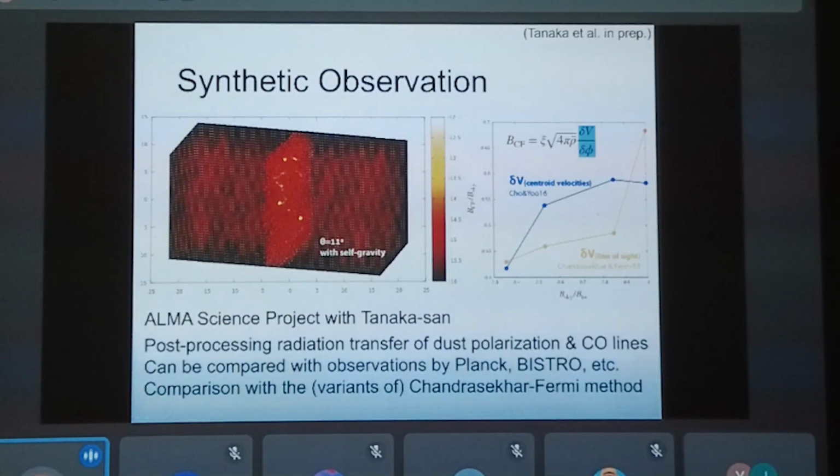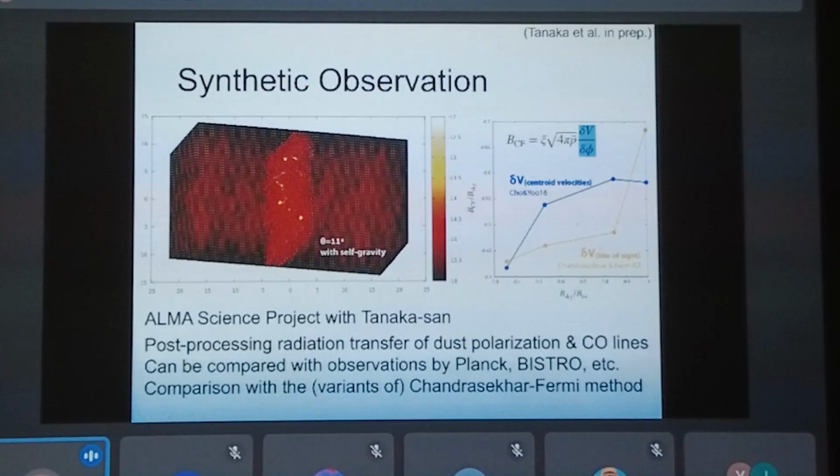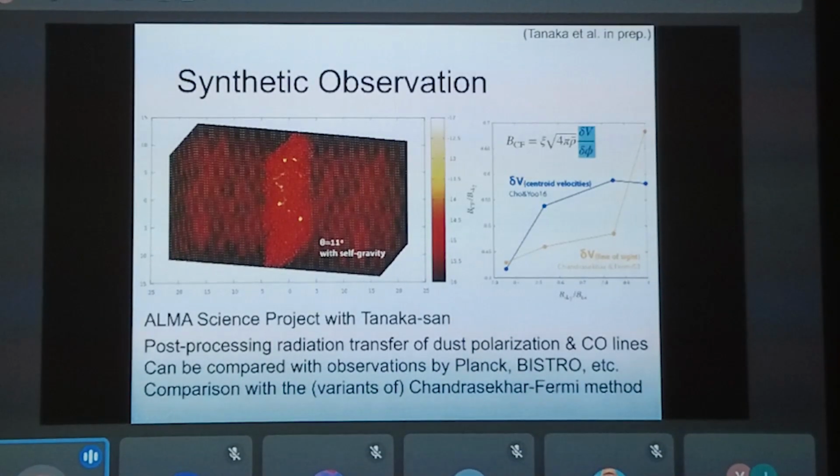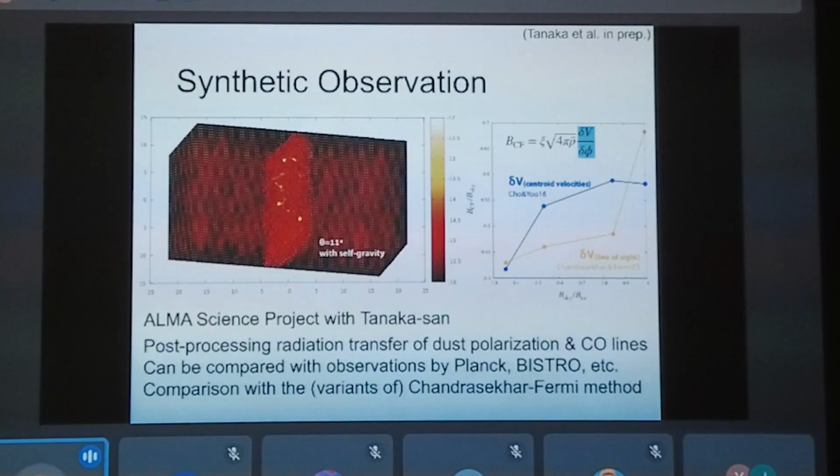This means that the Chandrasekhar-Fermi method or its variation like the centralized velocity method by Cho and Liu are somewhat biased, and it misses about 50% of the actual magnetic field. So we can discuss the actual magnetic fields in comparison with simulation and observation.